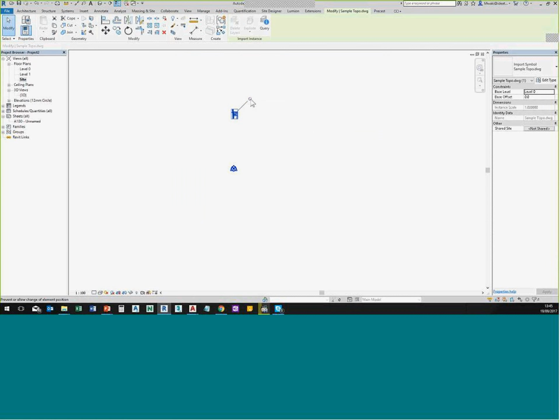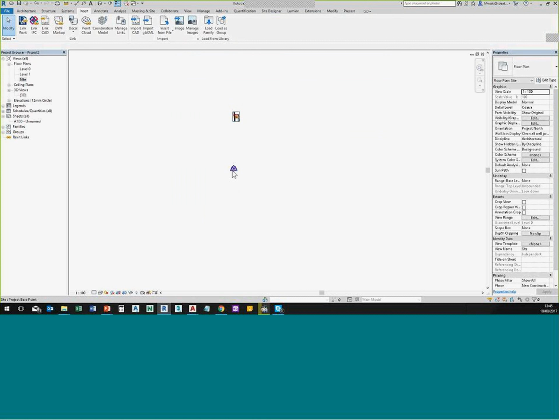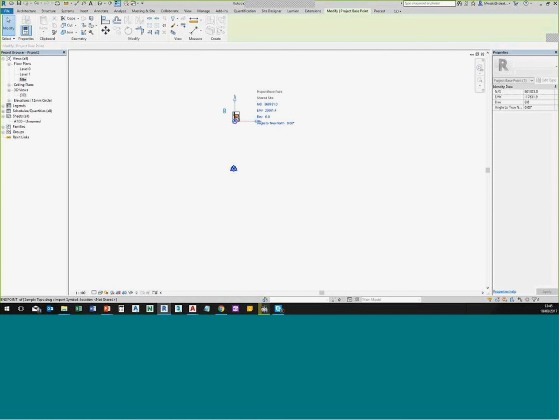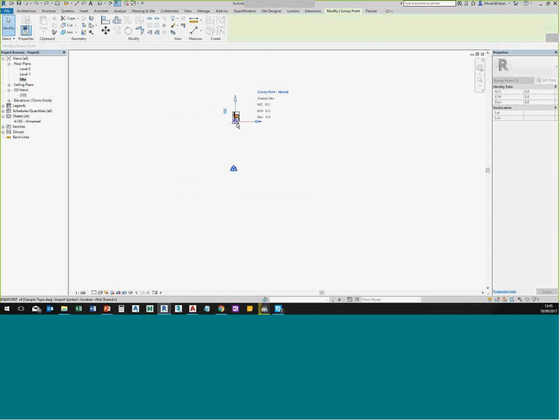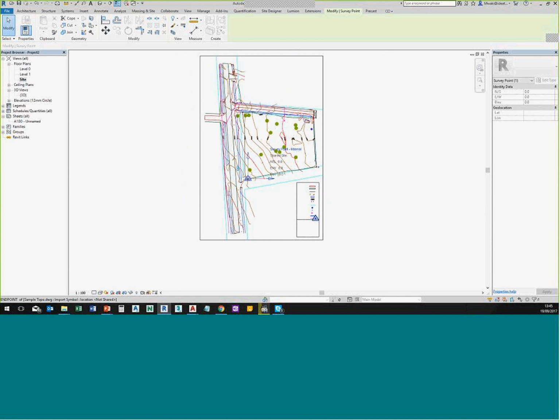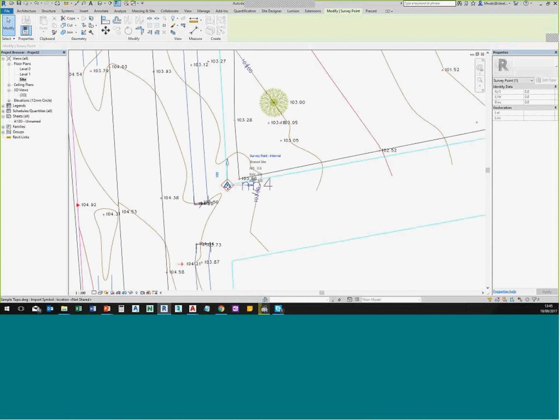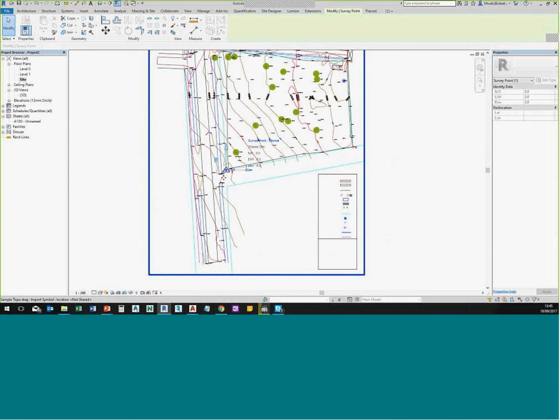It comes in at that position. I'll unpin it and move it somewhere close to the center. Or if I wanted to, I can go ahead and change my survey point to one of the beacons. I moved my project base point rather than my survey point. So tab and select the correct thing. Move it to one of the beacons to get proper coordinates within my